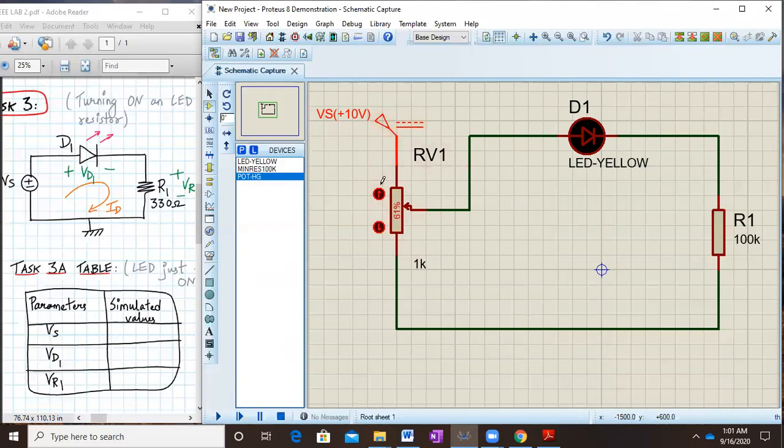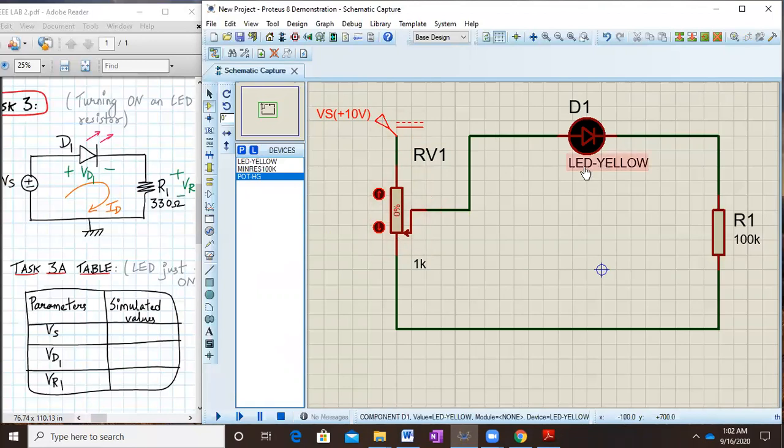Now, why do we connect this animated potentiometer? So that we can vary the value of this voltage, the supply DC source VS, from 0 to 10 volts. As you can see clearly, there is some percentage written over here. 60, right now it is 61%. While animating, you can decrease this from here to 0%. So when it is at 10%, let's say, 10% of 10 volts, that will be 1 volt. So now 1 volt will be applied to the circuit, and when it is 100%, your entire 10 volts will be applied to the circuit. I hope that you all are following. We will demonstrate it very soon.